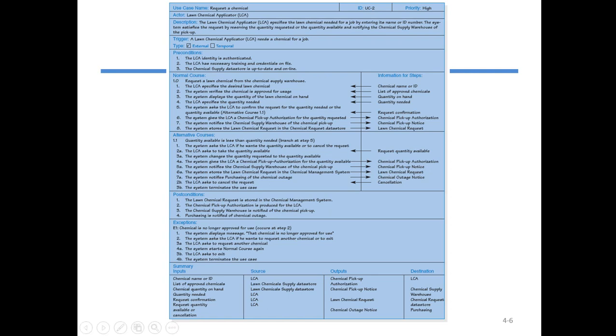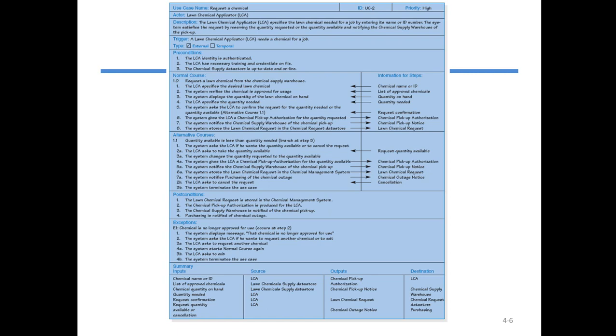We have then the alternative course. Alternative course means we have different branches of the execution of the use case scenario. You can go in one direction, or you go in a different direction, depending on the response of the user that is interacting with the system.